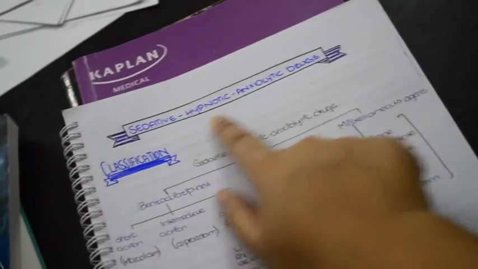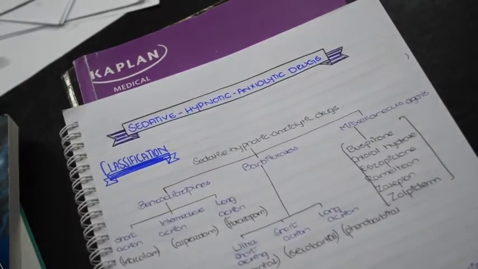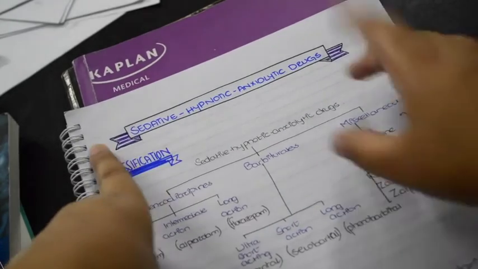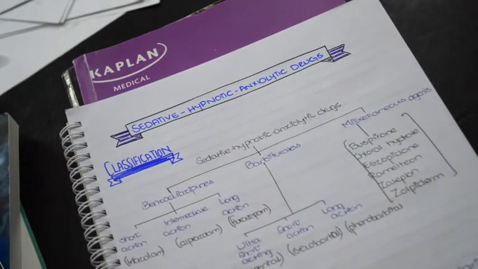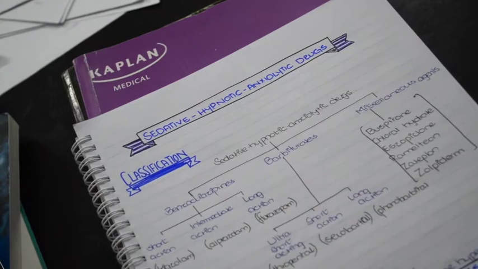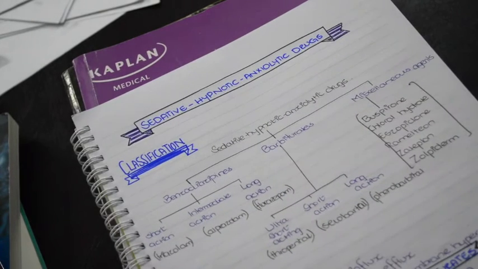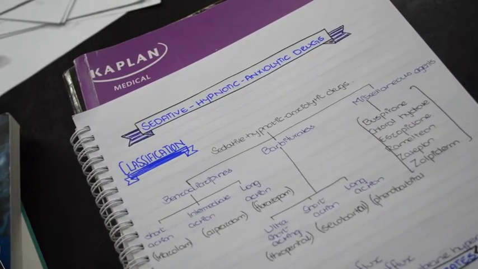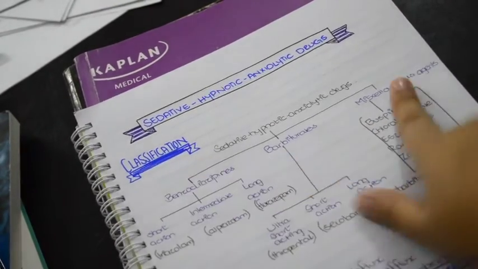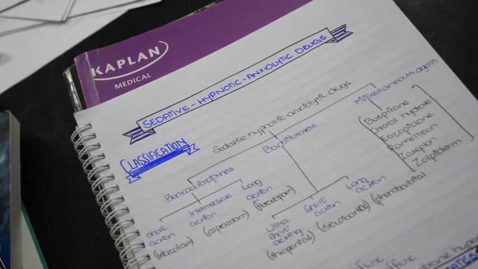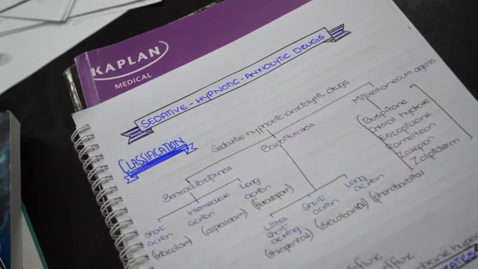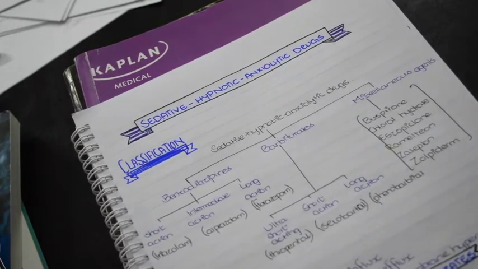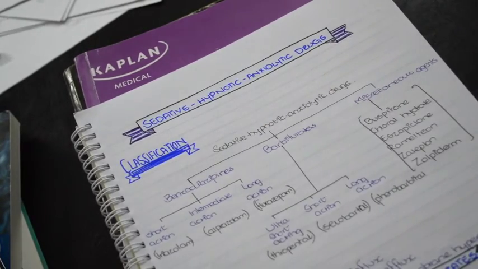So you see, this is the heading. You give a heading with a nice color. I made this look like a heading, so it looks like a heading. I didn't know what else to do. Some people also put sticky notes on it, a big sticky note, so it looks really nice. I'm going to try that soon. Now it comes to the classification. Where do I do the classification from? I made this classification chart from Katzung and Trevor.